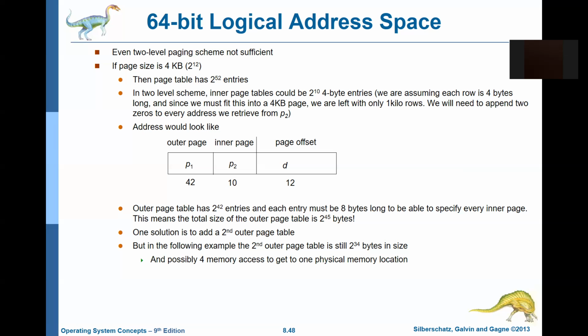If page size is 4 kilobytes, so we have 64 bits. So here's our memory, and we have a page size of 0 to 11. That's our page size. So how many pages do we have? Let's start simple. It's 2 to the 64th divided by 2 to the 12th. Should be 2 to the 52nd. True? 2 to the 52nd